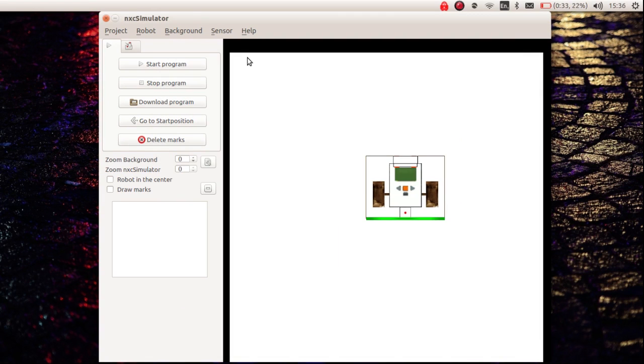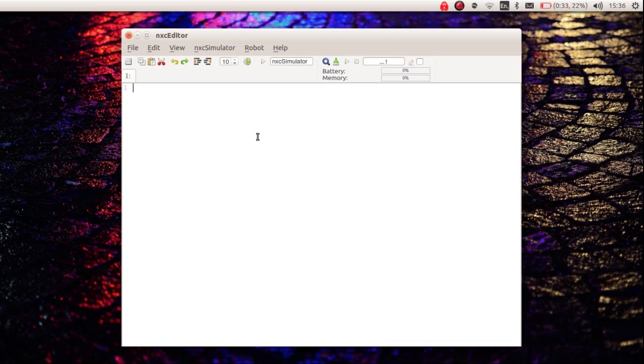Now we've had a look at our robot, let's get to the programming. If we exit out of the simulator window and click on the editor, type the following. Task main, curly brackets, on FWD, out underscore AC, comma 50, semicolon, wait 2000,